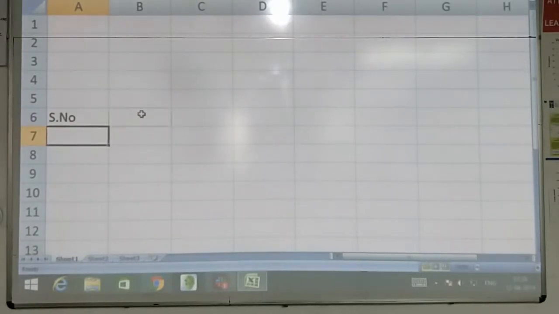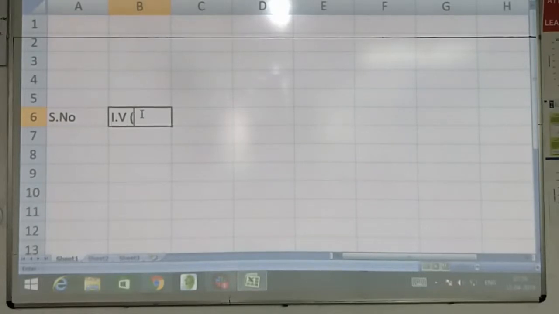So type it. Serial number is the first column heading. The next column heading is going to be your independent variable. Since it's your first time, I'm just giving all those hints here. But you will directly write the independent variable. So independent variable in our case is going to be the diameter